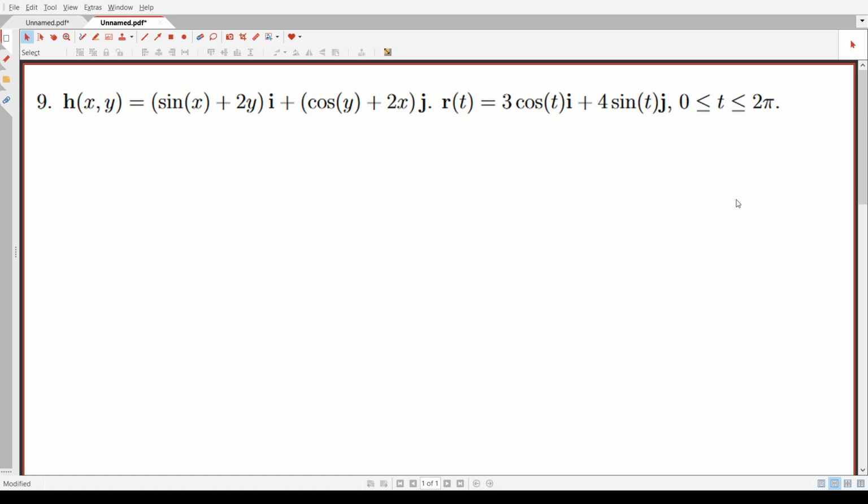Okay, so number 9 said determine if it's a gradient. If it's a gradient, calculate the indicated integral. So how do we check if it's a gradient? Well, we do